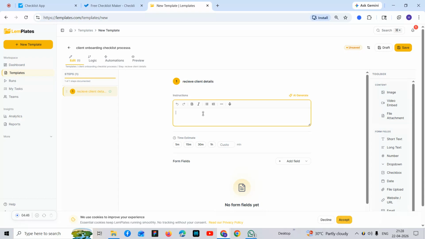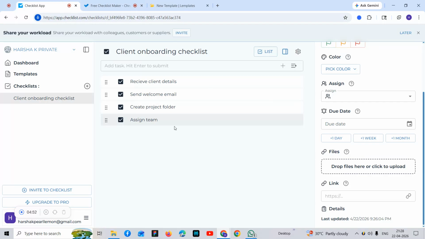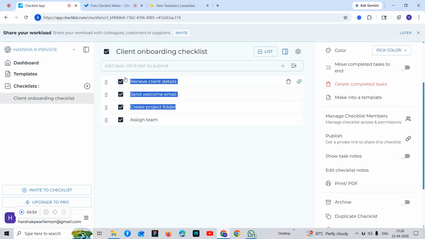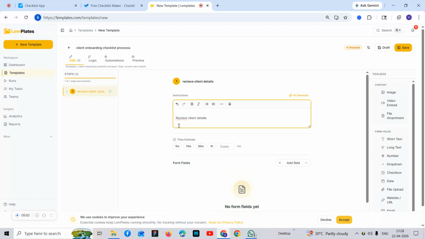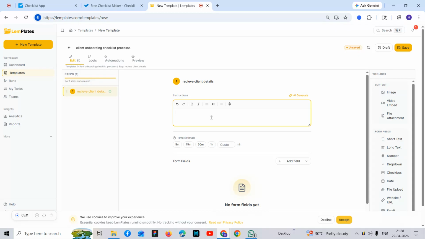And we can also add instructions here. Let me add the other two steps. And now let me add send welcome email.